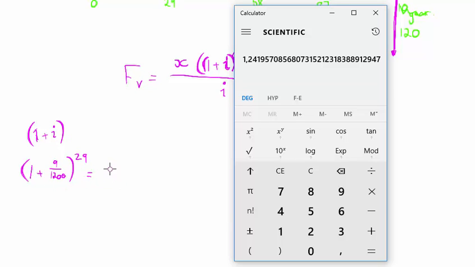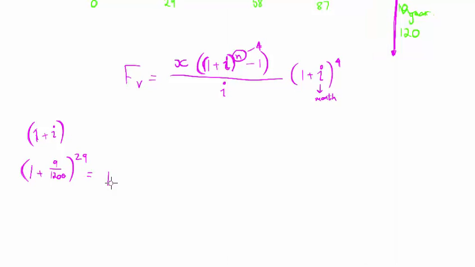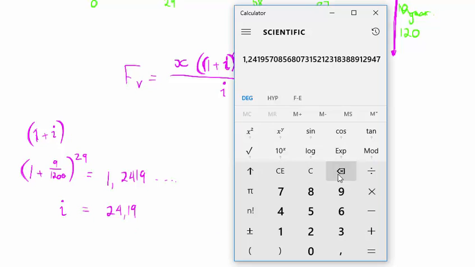So if I subtract the 1 and multiply by 100, I get my interest rate. So my interest rate for a 29-month period is 24.19